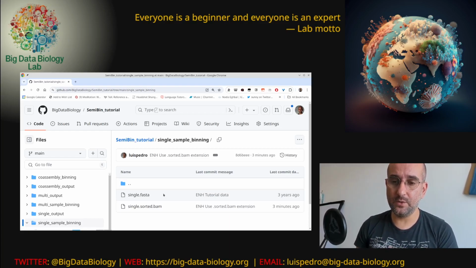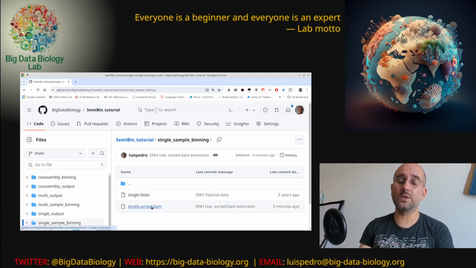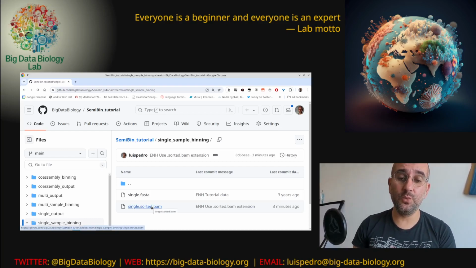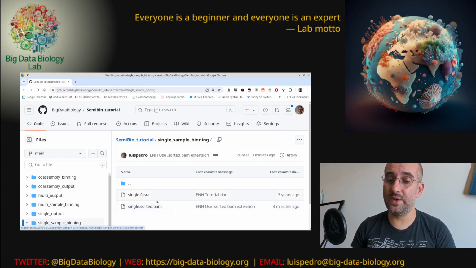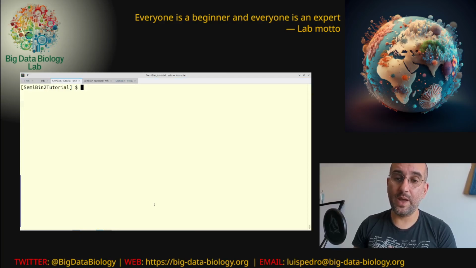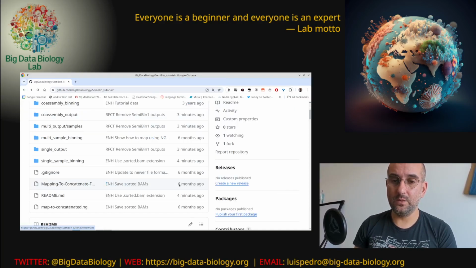So these are the two input files that we're going to be using, a single FASTA and a single sorted BAM. Today we're only going to be looking at how to handle the case where you have a single sample that you've assembled into a FASTA file, and then you map the reads as well. All right, so the first thing we do